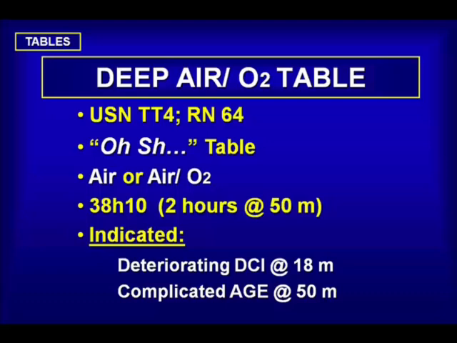This is essentially a damage control table. By that we mean that if a diver has, for whatever reason, been treated at 50 meters and the period of 30 minutes in table 6A, or the period it took to stabilize the diver at 50 meters has exceeded 30 minutes, this represents the shortest possible escape from 50 meters. Therefore, if someone was brave or foolish enough to treat a diver at 6A or 50 meters, this is the fastest way in which the diver may be returned to the surface.